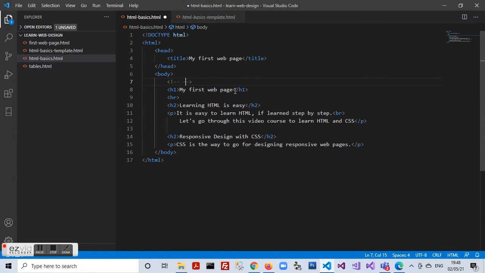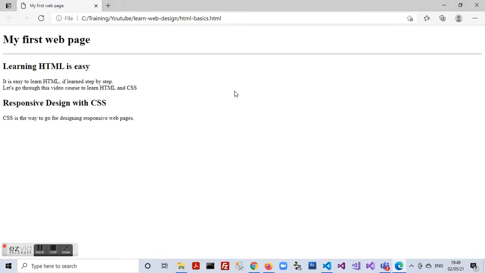HTML comments start with the angle bracket, then an exclamation sign, two hyphens, and end with two hyphens and a closing angle bracket. Whatever is put within these comment tags has no effect on the content displayed in the web page.